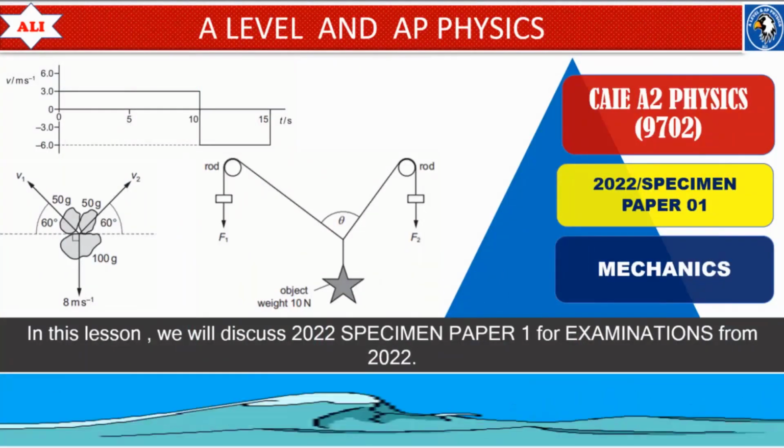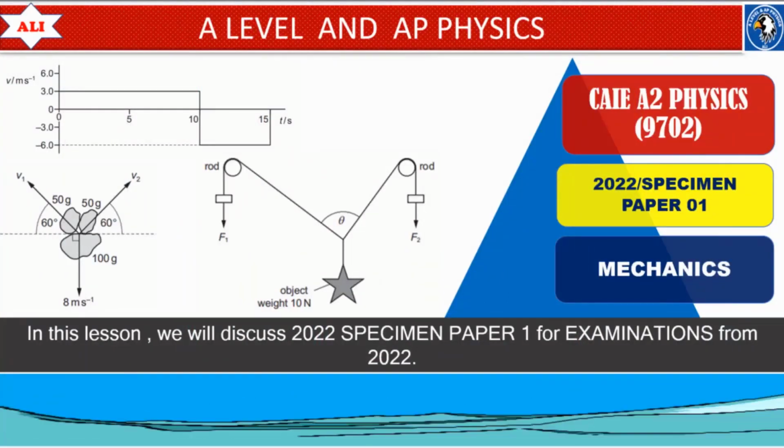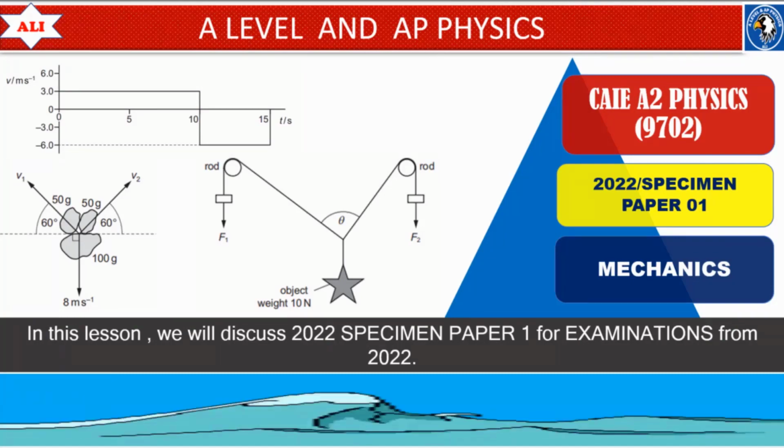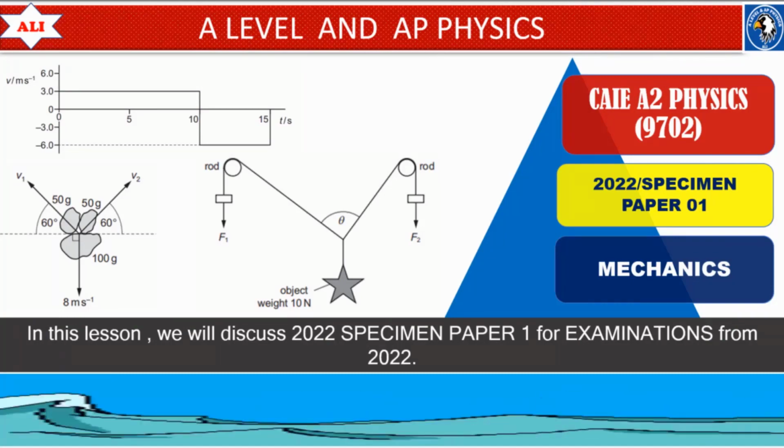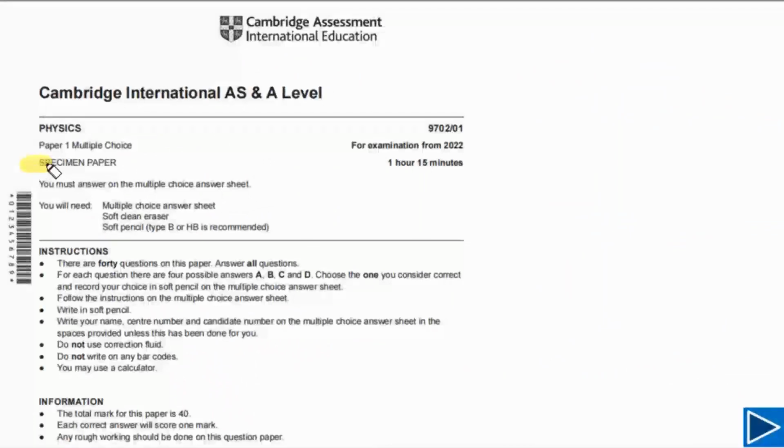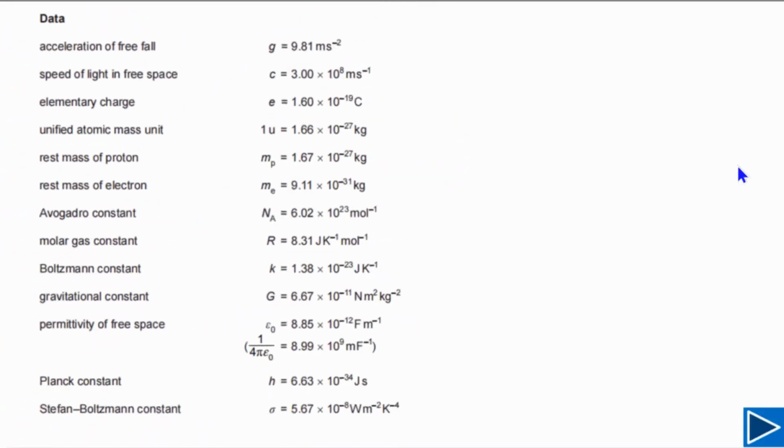In today's lesson, we will discuss typical types of questions on mechanics from Specimen Paper 1 for exams from 2022. The total time for this paper is 1 hour and 15 minutes. If we go to the second page of this paper, we can find values of some